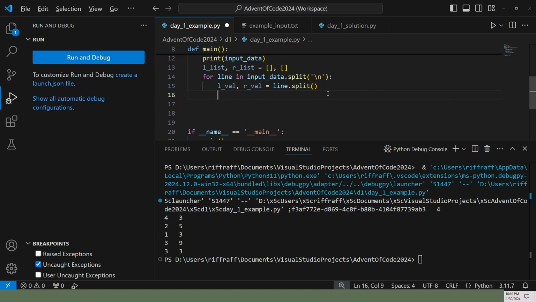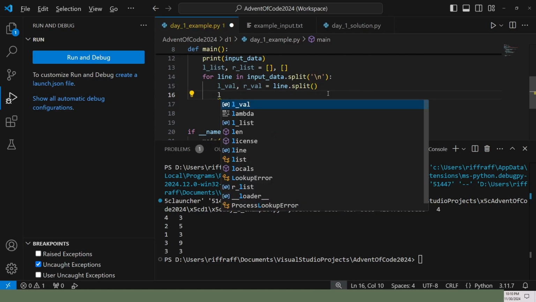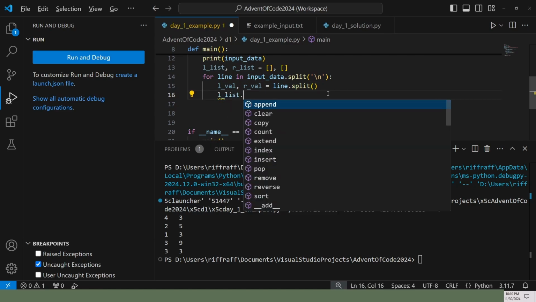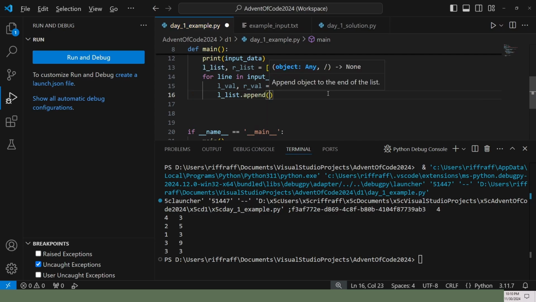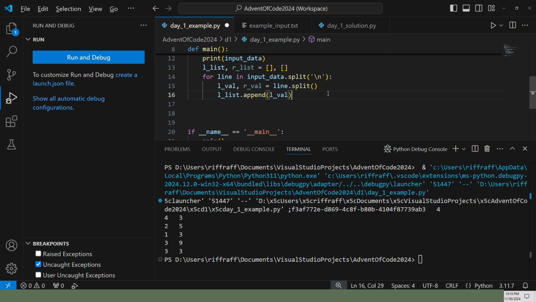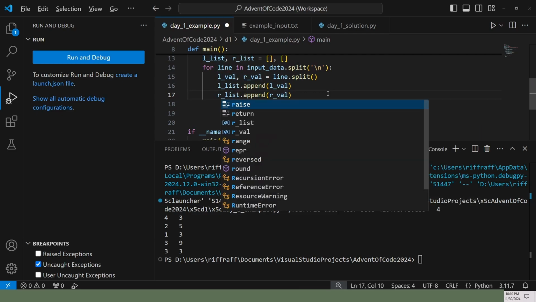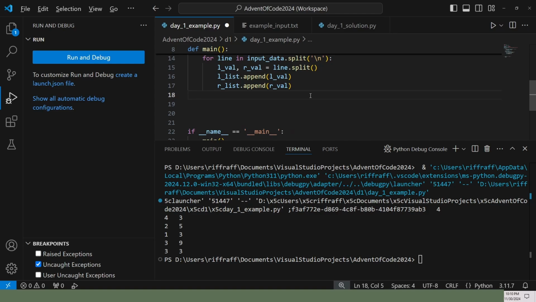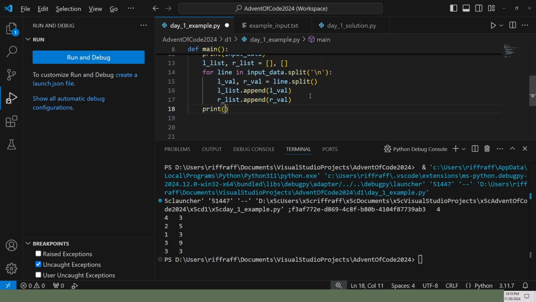And then we're going to put each of these in our lists. We'll append it on the back. So once we have these in our two lists, we should be able to sort them pretty easily. Once we've got all of these through all the lines, we're going to print these two lists.